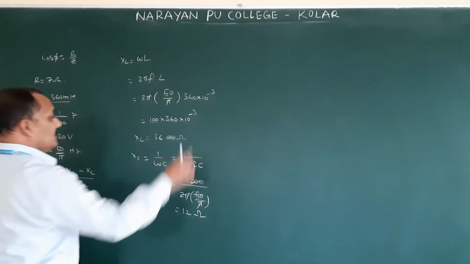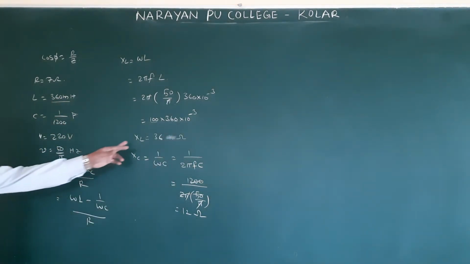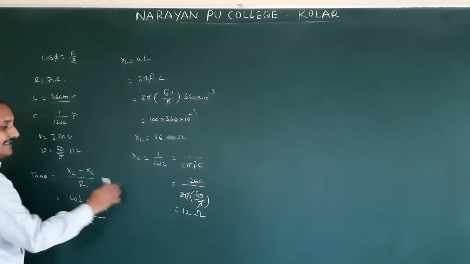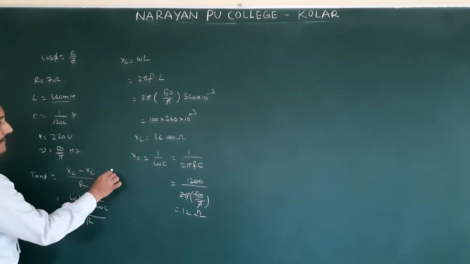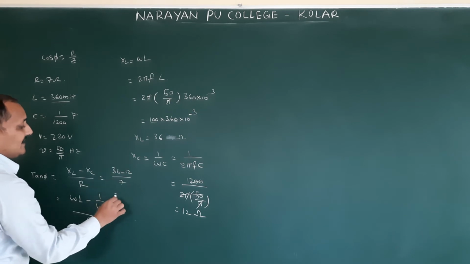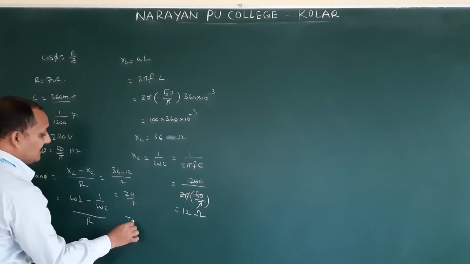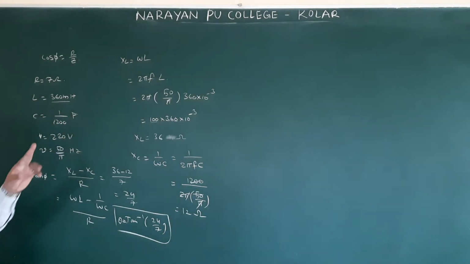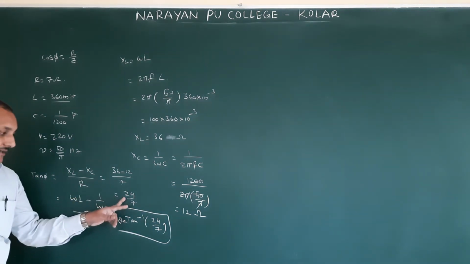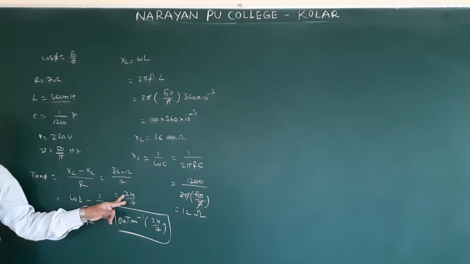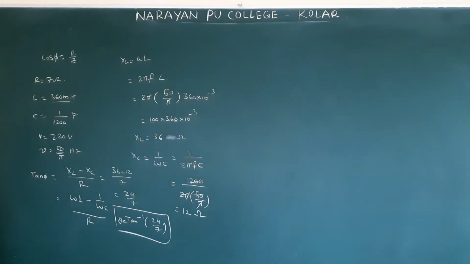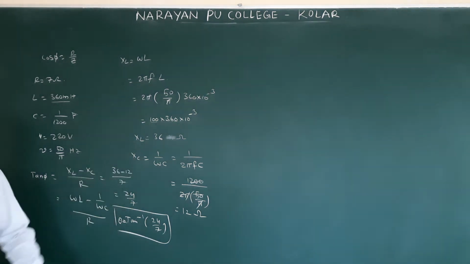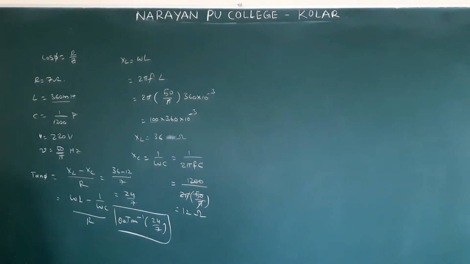12. This is in ohms. That is resistance, the impedance. Reactance is nothing but resistance. Now the omega L value, XL value is 36. XC value is 12. R value is 7. Therefore 36 minus 12 by 7, 24 by 7. Then tan inverse of 24 by 7. If you take XC minus XL, you will get minus 24 here. Here they didn't give minus, they gave only plus. Therefore 24 by 7. Whichever you have taken is correct. We don't need to worry.